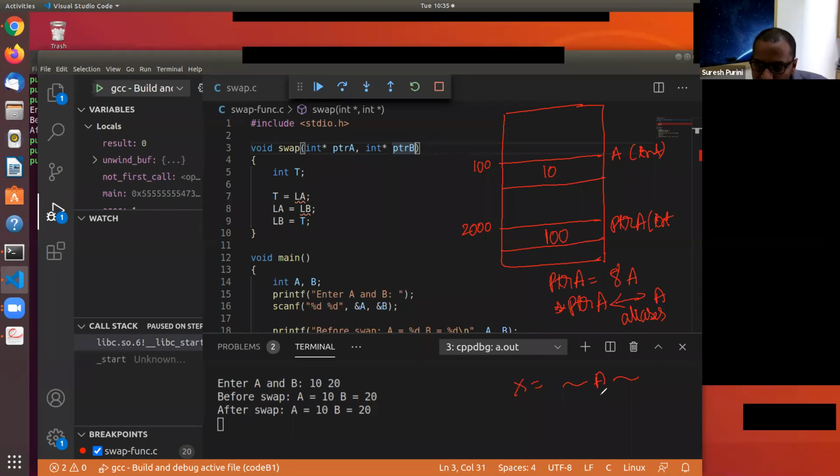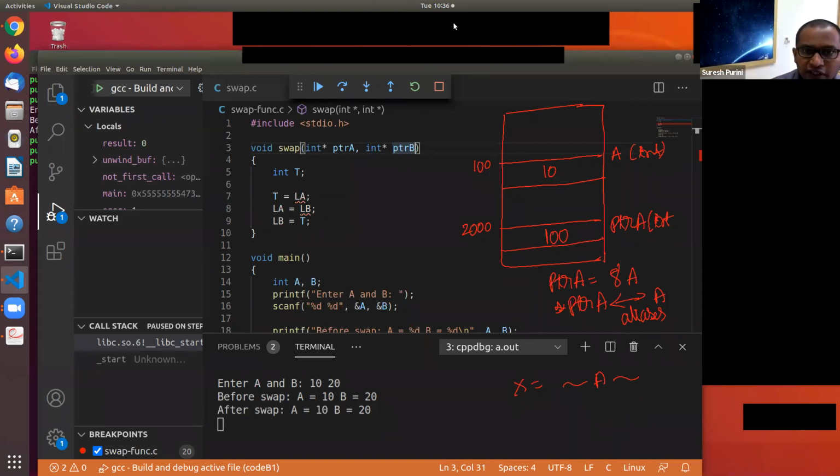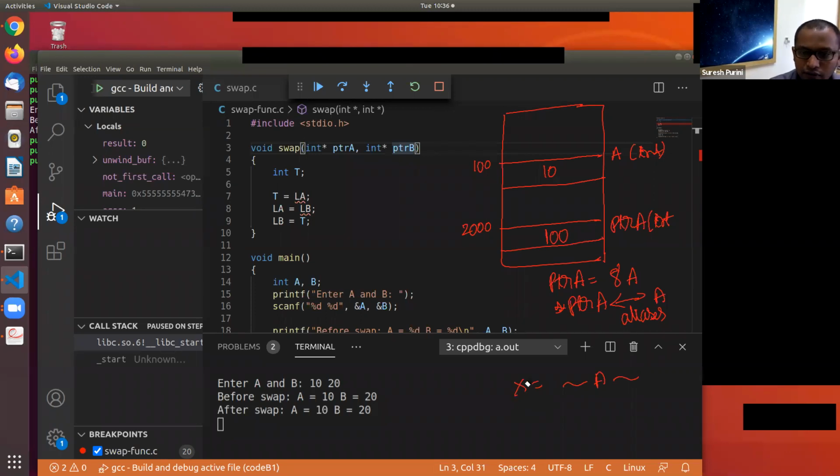Or let me put it this way. For the sake of simplicity, this is the question. Number 1, when we do printf A, what do we get?